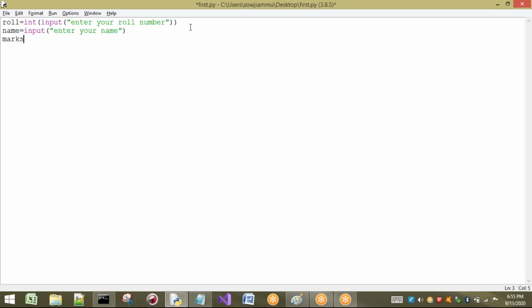And next I want his more details, like his marks, or percentage. Directly I will take percentage. Percentage will be in the form of float, some 96.8, 80.5. In this way we are going to have. So I want to take: Enter your percentage. I'm going to input the percentage, but it will be taken in the form of string. I want to convert that into float. So which function is used to convert into float? Float function. Okay, right.